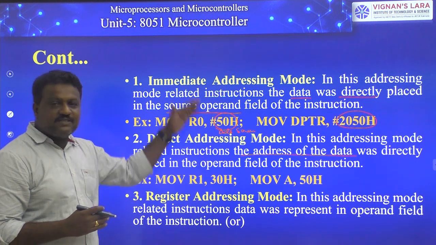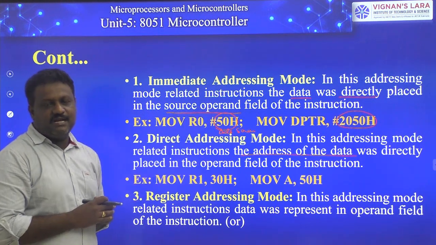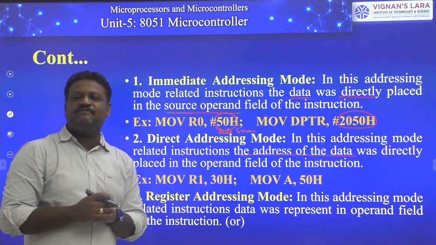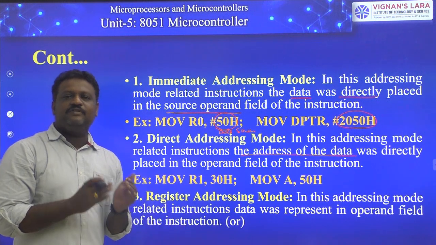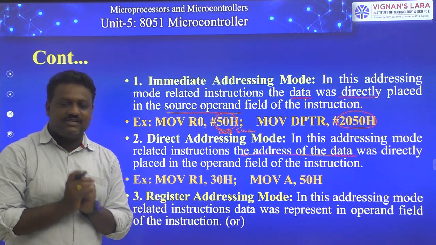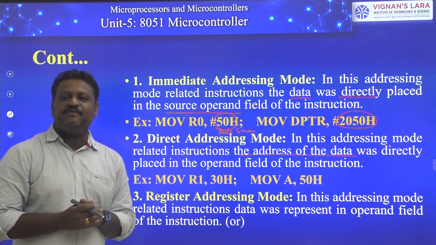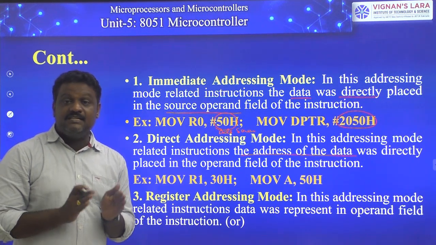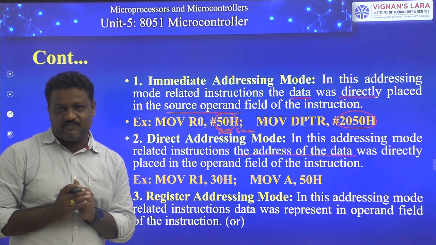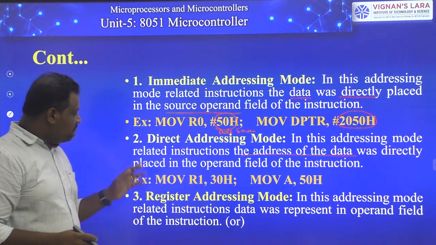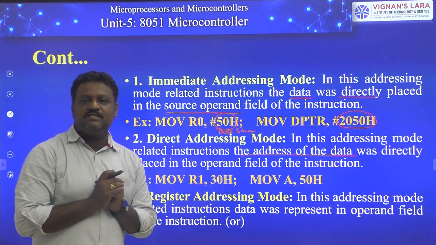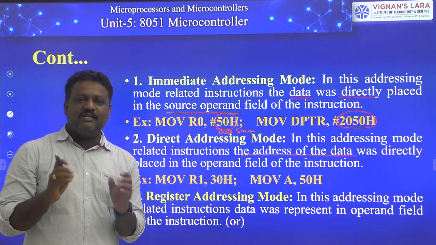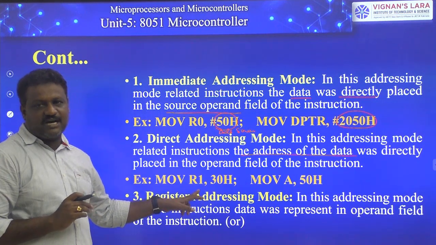It is similar to the previous, immediate addressing mode instruction, but the difference is, in the previous case there was a number present in the source operand field with a prefix, which is a hash, and here the number doesn't have any prefix. If the number doesn't have any prefix, that indicates that the number is considered as an address. So coming to the meaning of MOV R1, 30H, the content of internal memory whose address is 30H is moved to register R1.